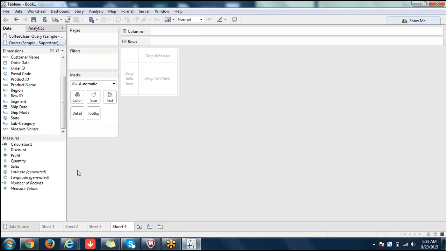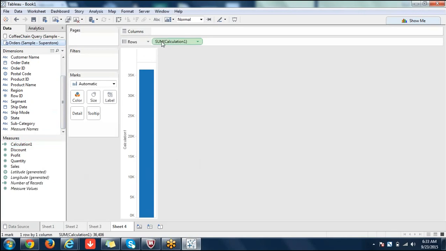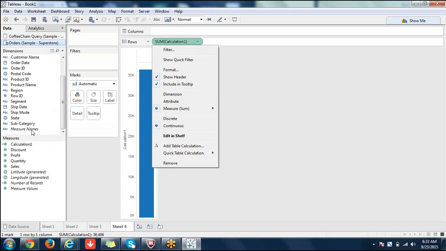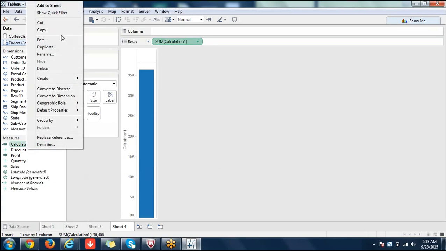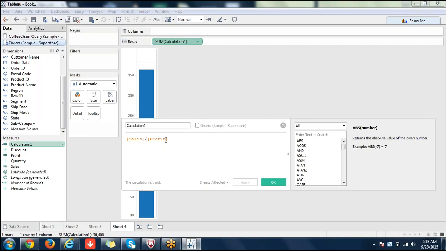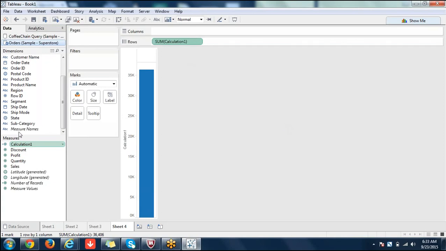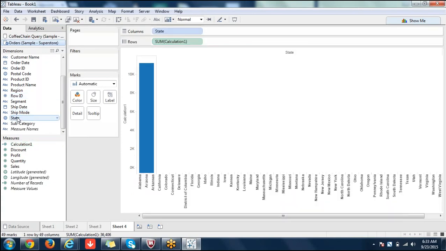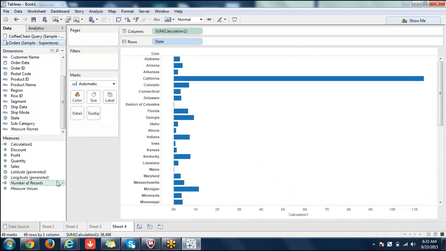And coming to aggregation, what I told you is blending will pull data from both data sources and it will combine the output at aggregate level. So what I mean by that is, whenever you do this, it will try to sum up the calculation, right? But if you see, the calculation contains sales by profit. It's not sum of sales by sum of profit. See this? So it's sales by profit. It's trying to aggregate it without even letting us know. It's just trying to aggregate it at the state level now, right?